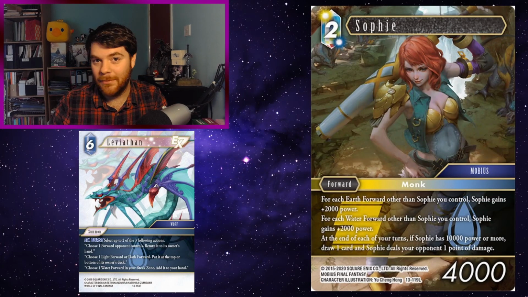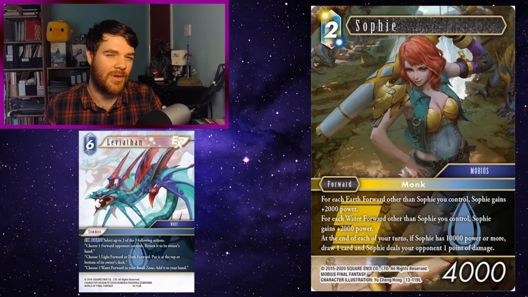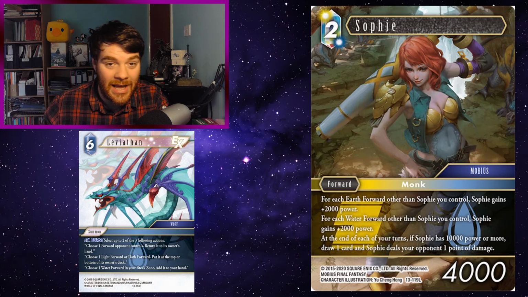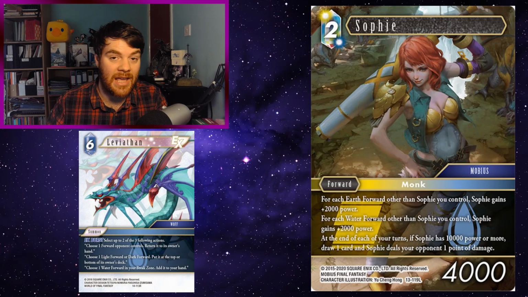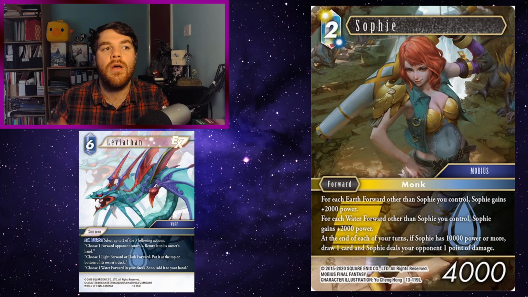Okay, Sophie, a little bit meta here. Water doesn't have that much recursion as it goes at the moment. It's got lots of bouncing things back to hand, so it's kind of got that initial protection, but once something's already in your break zone, there's not a great amount of ways to be able to get things back to your hand. Now, obviously, Earth has that, Fire has it, lots of different elements have proper good recursion now, but